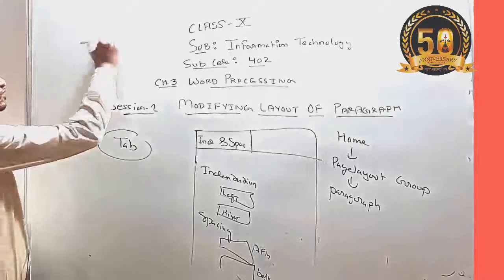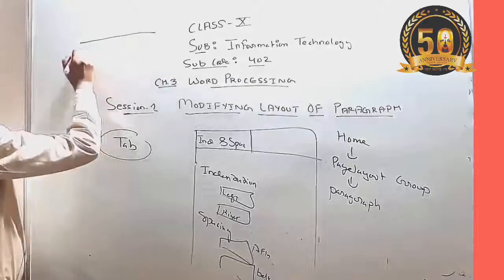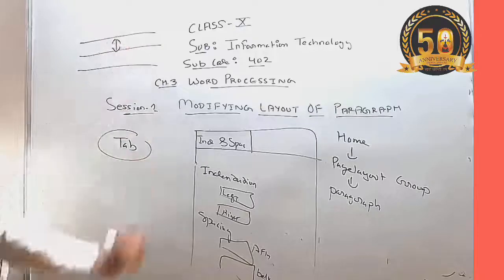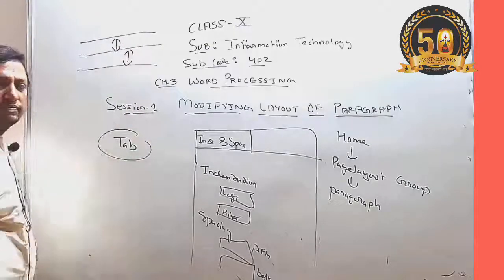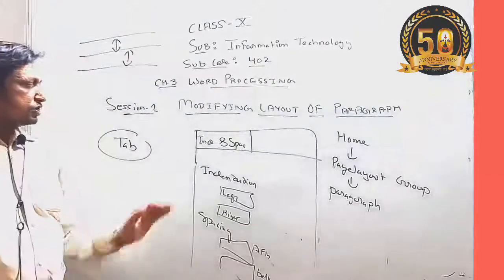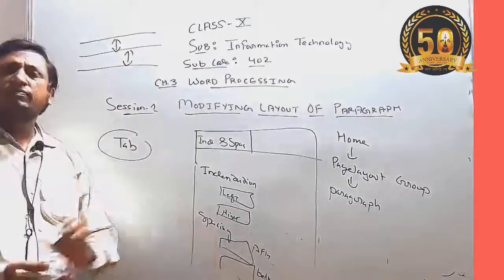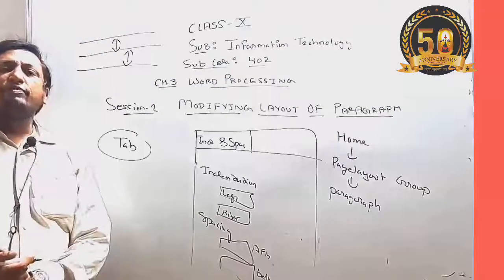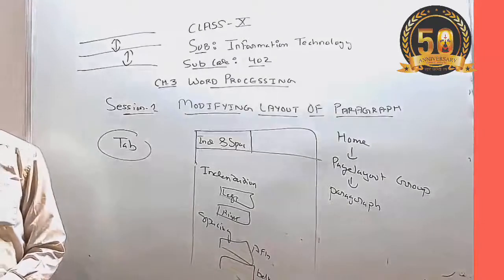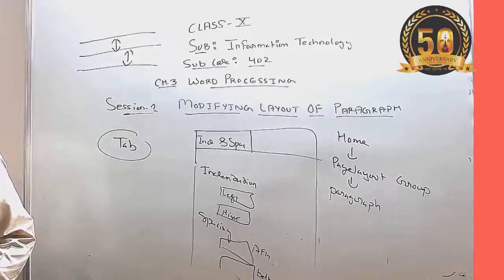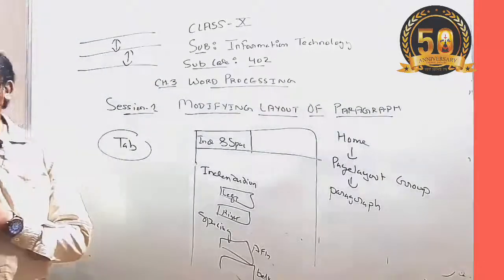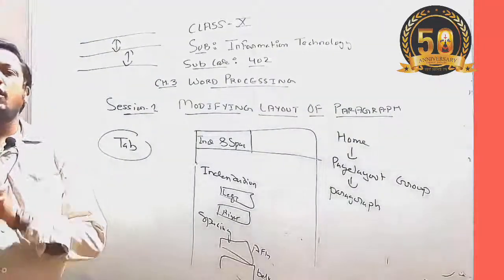Suppose this is your paragraph: first line, when you press enter, second line, third line. Whatever the space between the first and second line or the second and third line of a paragraph, that is spacing, and we want to increase or decrease it. We can do that with the help of the After or Before option. In such a way we can increase, decrease or set the spacing. So now you can understand that spacing means the distance between the lines of a paragraph.